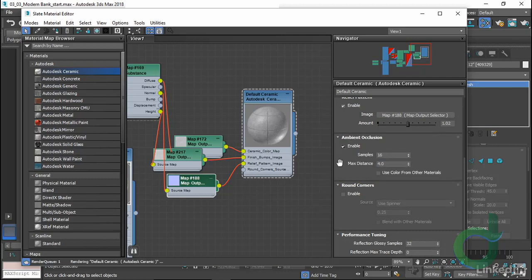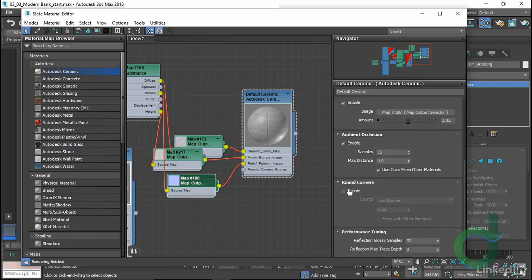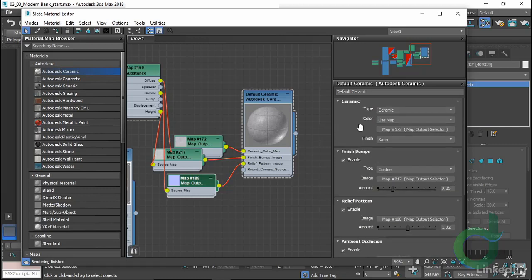For this, I'll enable ambient occlusion in the material, using color from other materials, as I want to pick up that bounce. We're going to leave round corners off, and leave the reflection glossy samples for now at 32. We can always tune a material if we need. Now I'll apply this. Again, renaming it to